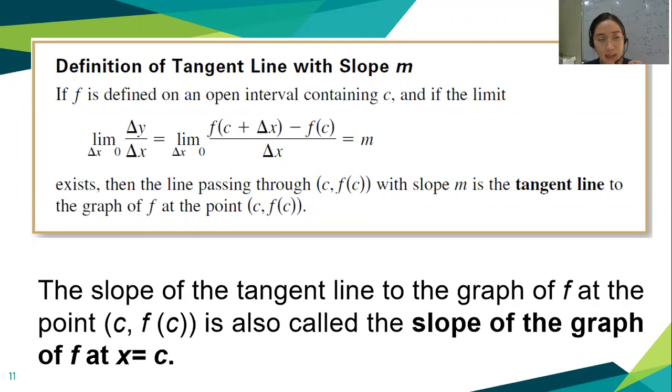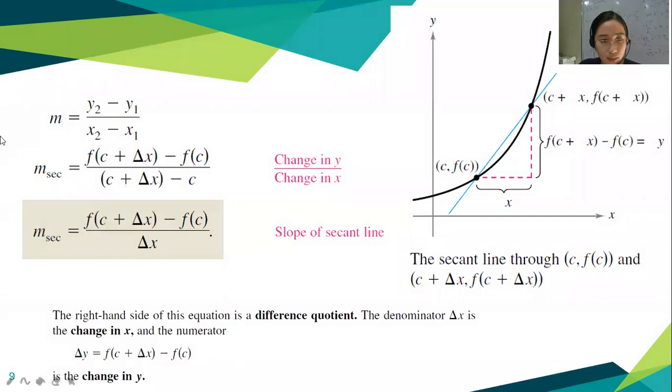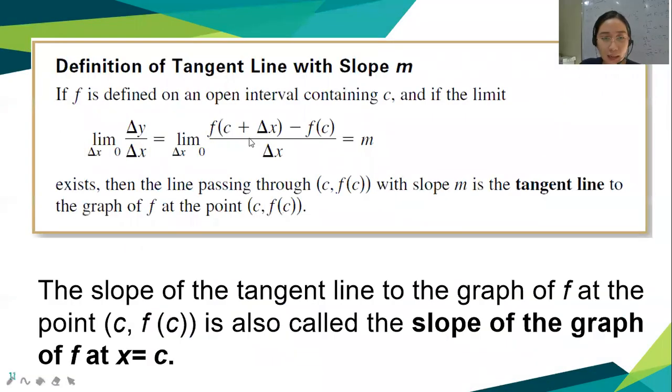So the limit as delta x approaches 0 of delta y over delta x, since delta y over delta x is your slope, we substitute that equation: f of c plus delta x minus f of c over delta x, which is our slope,